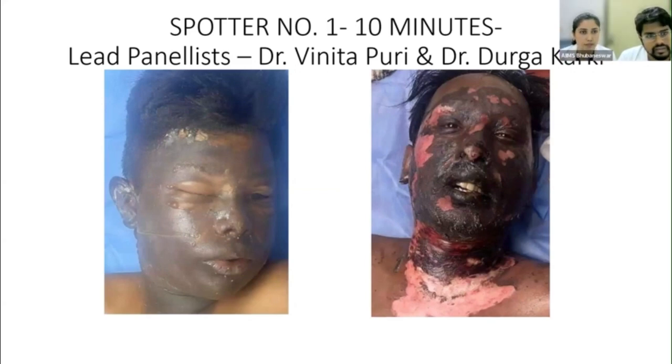On the left side. And again, you see the right ear. Yes. The right ear helical rim is having a deep burn. Good one. So when the cartilage gets a deep burn, obviously the adjacent facial area and the eye areas are bound to have a deeper burn. So in the initial assessment of the burn, this helps when you look at the ear or the nose, wherever there is cartilage.